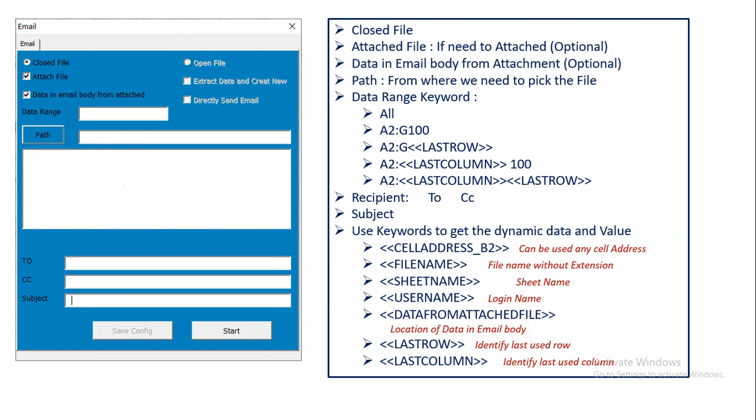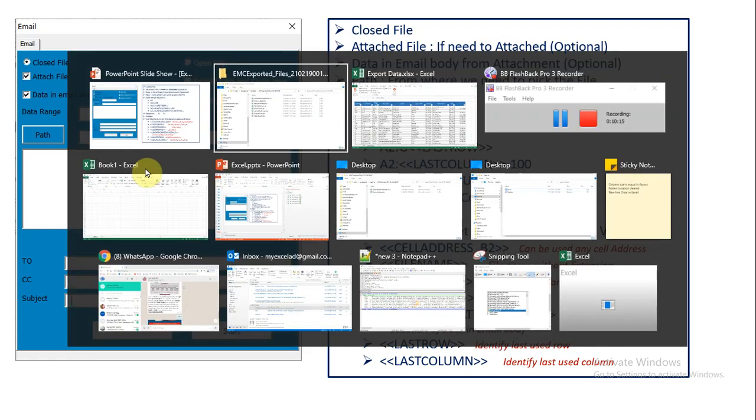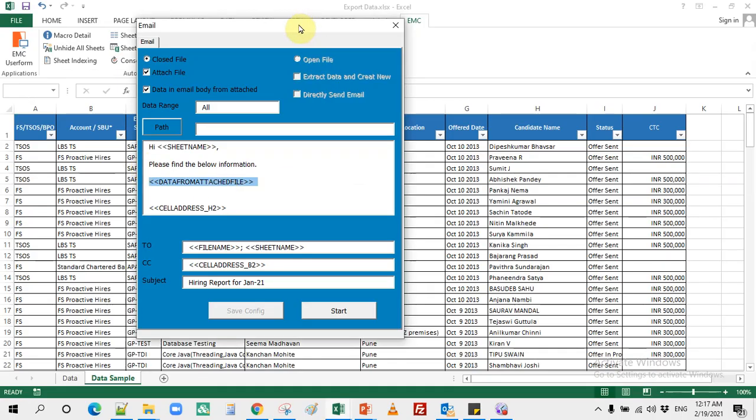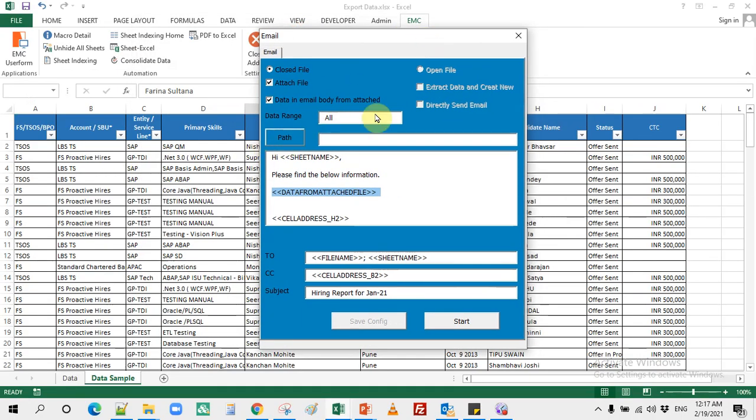Okay, so let's go and check. So here we have data. I want to use all data, so whatever is in the file. This is not the file which it is going to pick up.